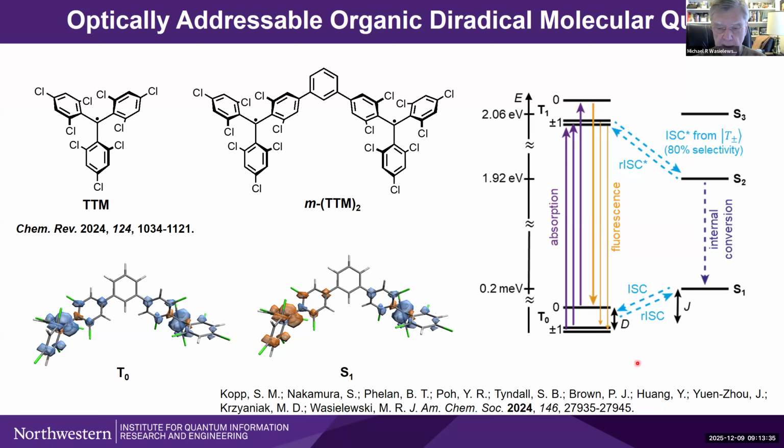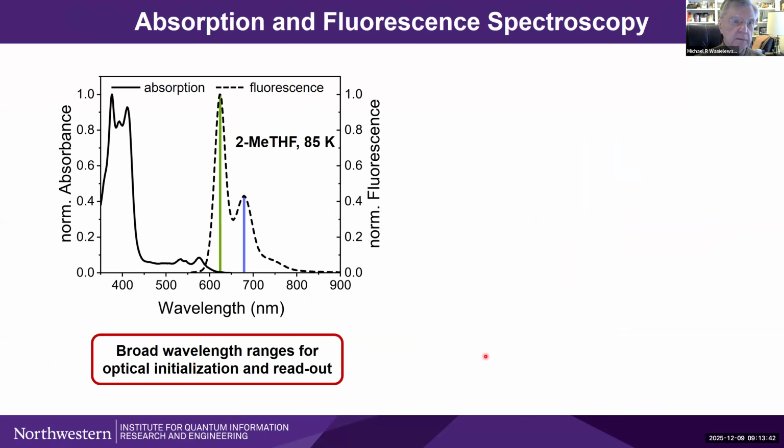And so with that in mind, we started out to do experiments on this particular system. As one expects, it has the typical absorption spectrum of a TTM type radical, an intense band near 400 nanometers and weaker bands out near 550 or 600 nanometers. And it luminesces quite nicely. It turns out the luminescence quantum yield at room temperature is only about 1%, but that goes up to on the order of 70% at low temperature.